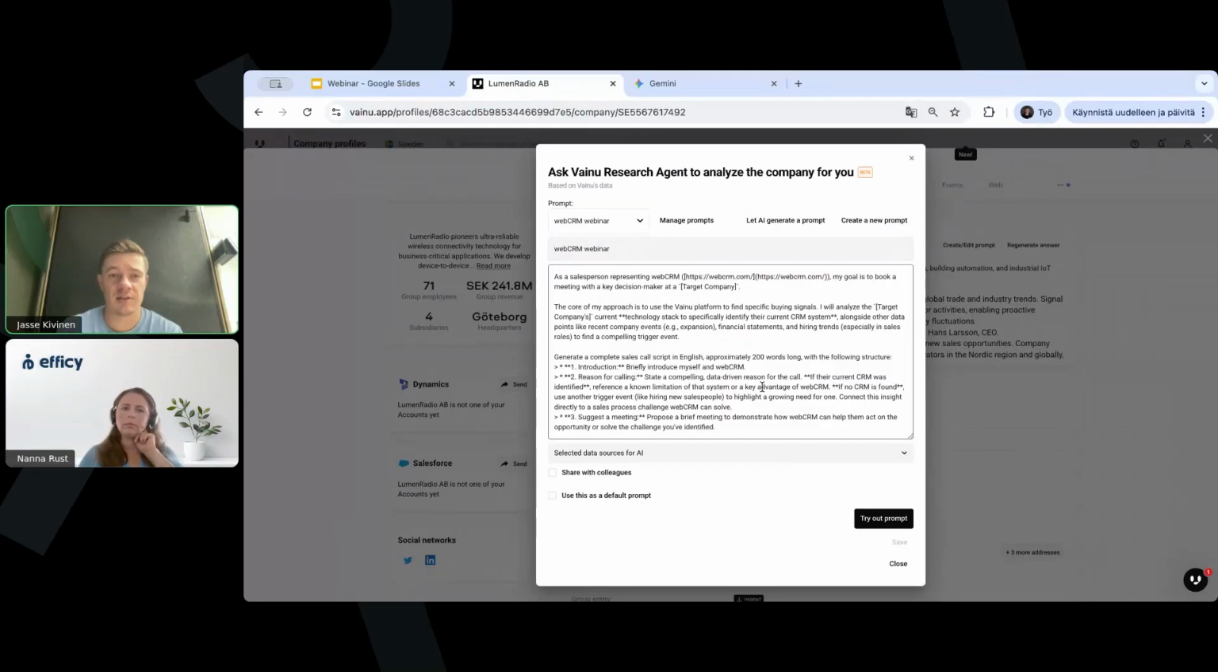I'm explaining to our agent that I'm working as a salesperson representing WebCRM. I've linked the website for our system to understand a little bit what kind of offering there is. I've said that my goal is to book a meeting with a decision maker at this target company. I've asked the agent to check some specific buying signals, analyze the tech stack, identify their current CRM, along with other